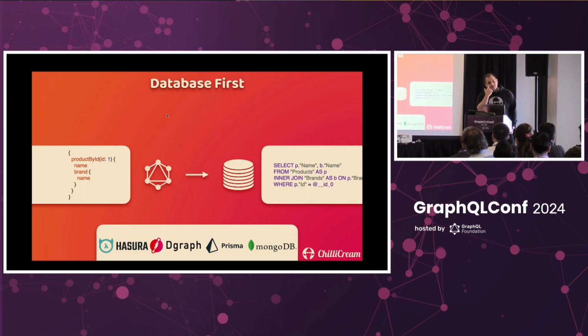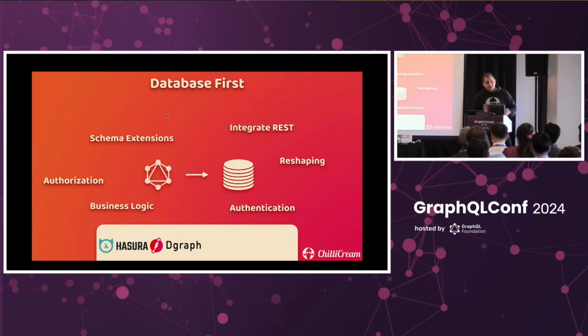There's many tools that you can choose from to do this, namely Hasura, dgraph, or Prisma, and also MongoDB with MongoDB Atlas. Although Prisma does no longer use GraphQL for their client, and MongoDB actually deprecated their Atlas support, where you can put a GraphQL API in front of your database. So why is that? Well, it turns out a